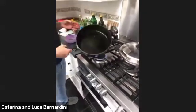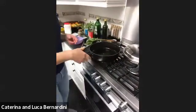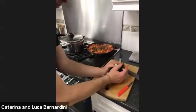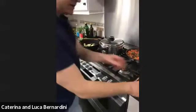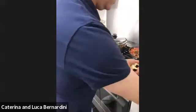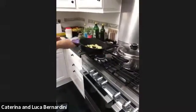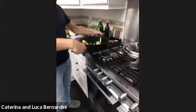Make sure that the pan is all nicely coated. The pan is very hot, so we don't need to wait to put the aubergines in. You can hear it sizzling. But again, we want the aubergines to